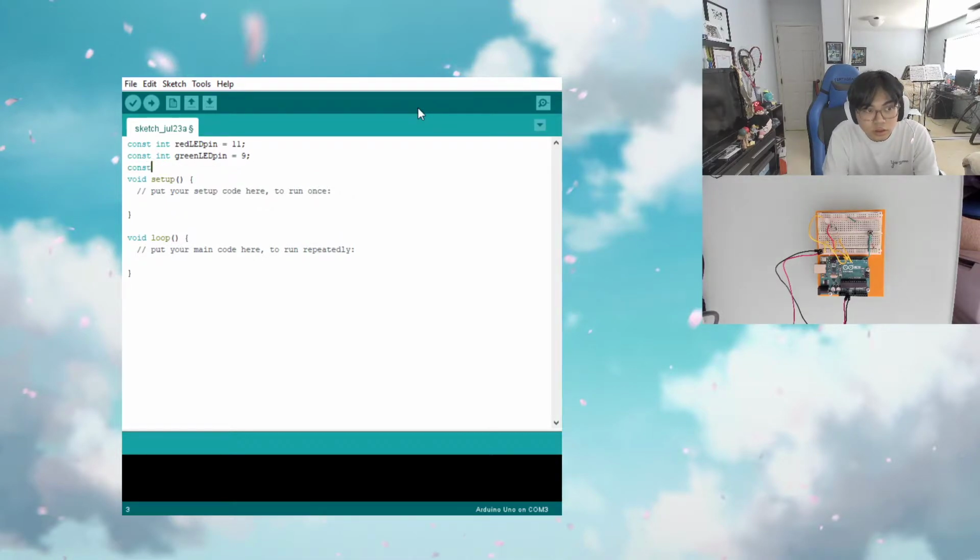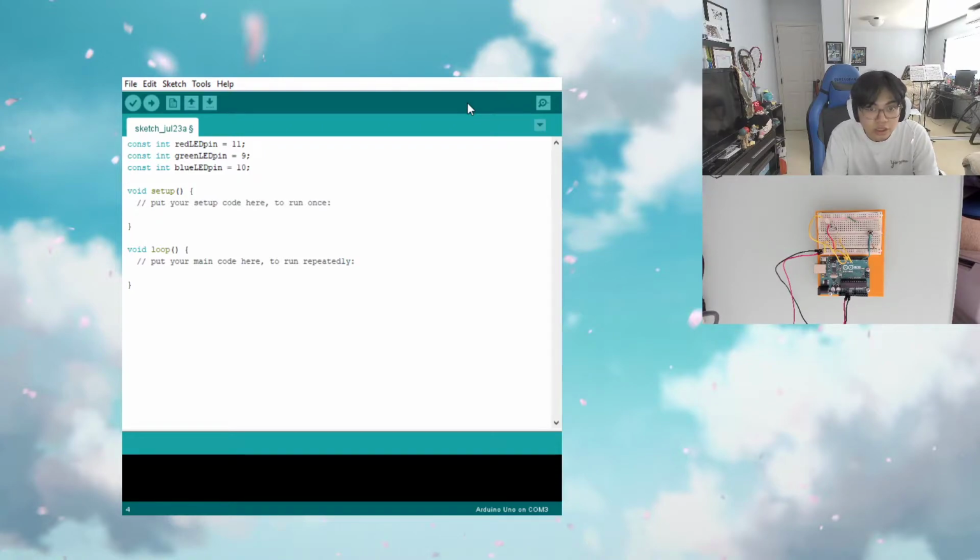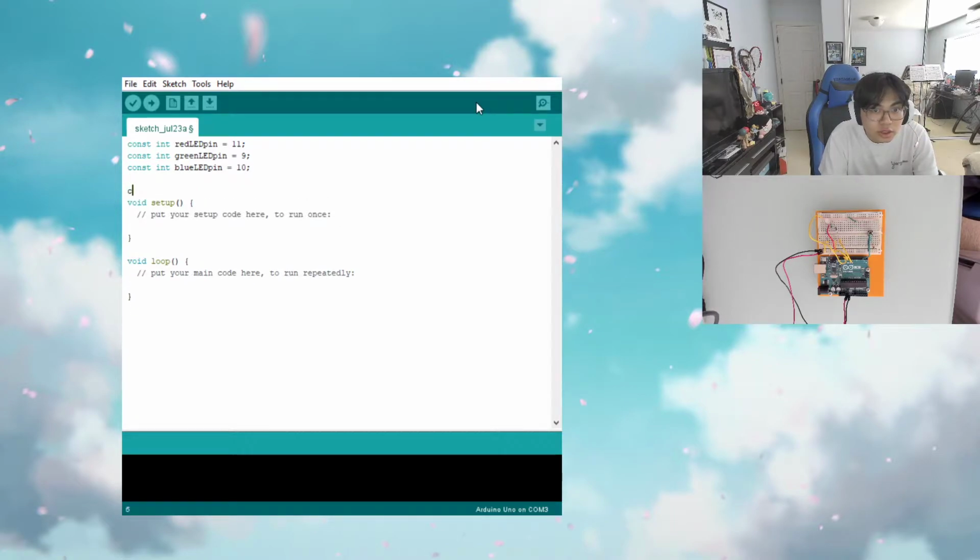Constant int blue LED pin equals 10. Okay, and we'll also say the button pin equals 2,